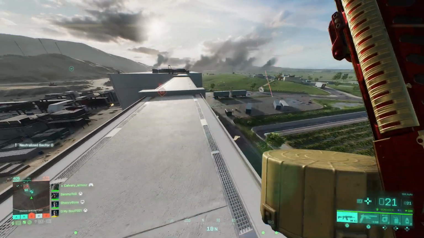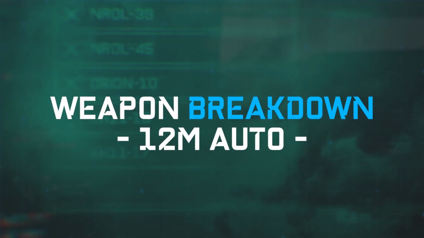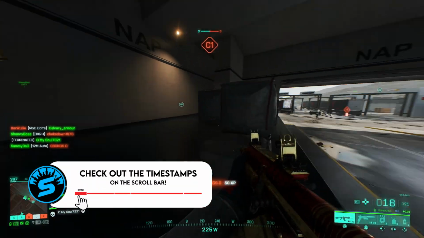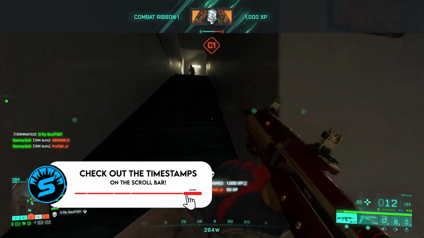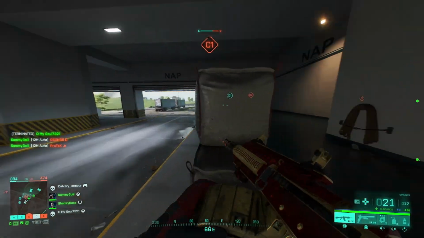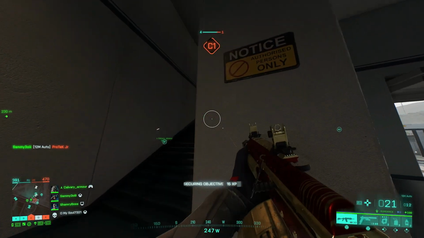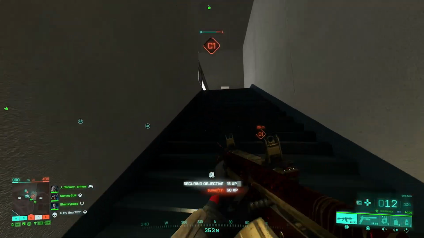Today we're going to be doing another weapon breakdown for Battlefield 2042, and this time we're going to be covering the 12M auto. In these weapon breakdowns, we're going to go through a bunch of stats that you guys need to know, such as the rounds per minute, reload times, bullet velocity, damage over distance, bullets to kill over distance, and time to heal over distance as well. On top of those stats, we'll then go over the recoil pattern for the weapon, and then lastly I'll go over some unique loadouts that I've crafted for specific playstyles